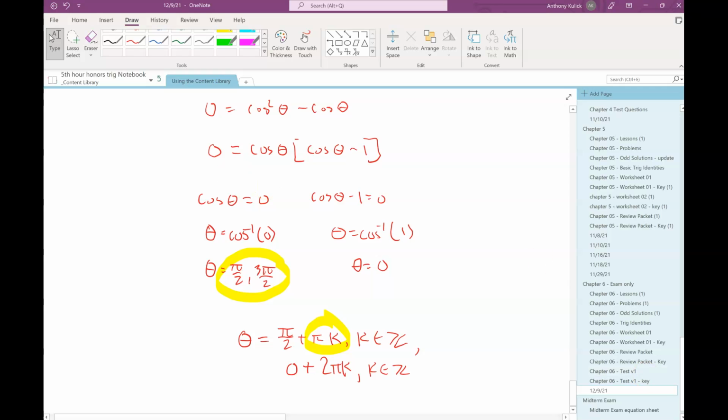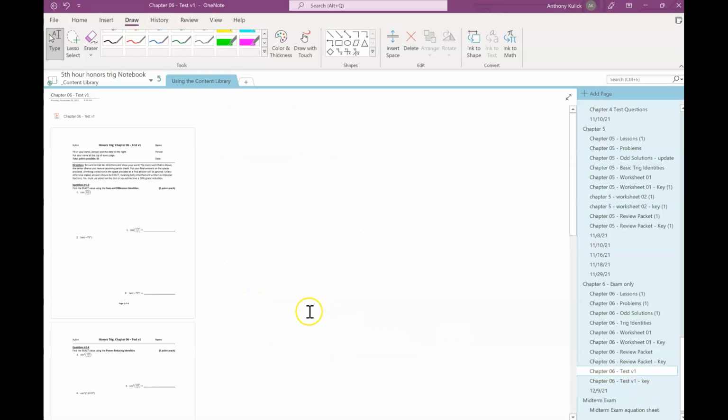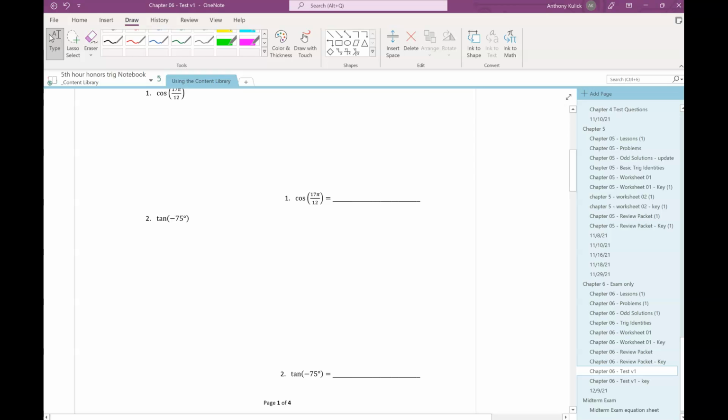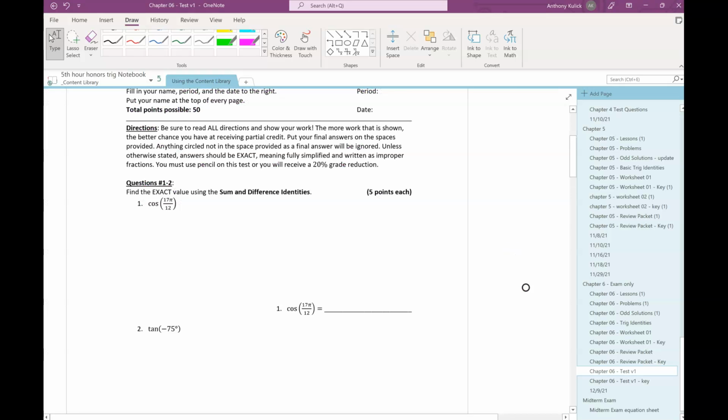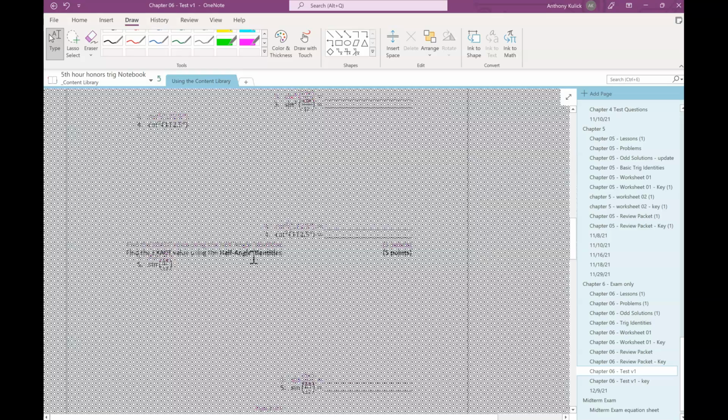That's going to wrap us up for chapter 6. Reminder again that all of the chapter 6 materials that I've given you to work on are there in the content library. You can do as much or as little of that as you like, but chapter 6 is represented on the exam. The exam questions are going to come exactly from the chapter 6 test, so I think at minimum you should at least do the chapter 6 test and feel good about that. So the test is there in the